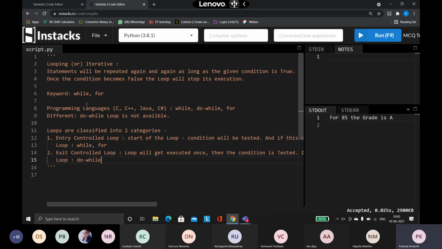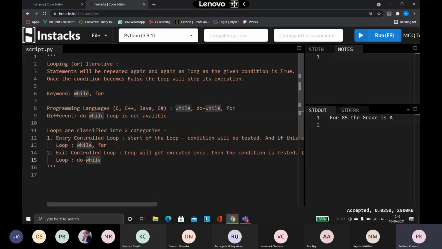Since Python does not have do while, I don't have to worry about this. In Python I have only entry control loops. Why did I talk about both? Normally, in any programming language you take, loops are classified into these two categories. But when specifically you are talking about Python, since Python does not have a do while loop, Python supports only one type of loop, that is my entry controlled loops, as both my while and for come under the same category.